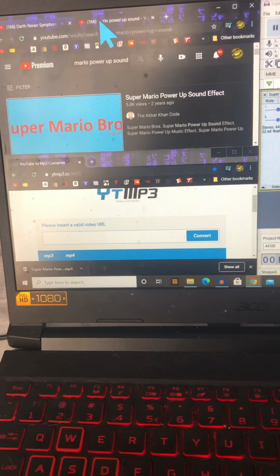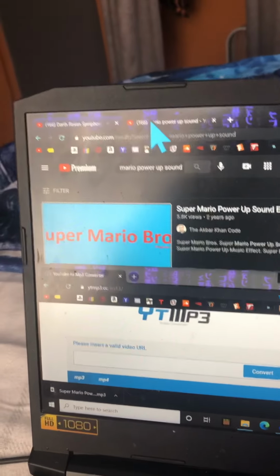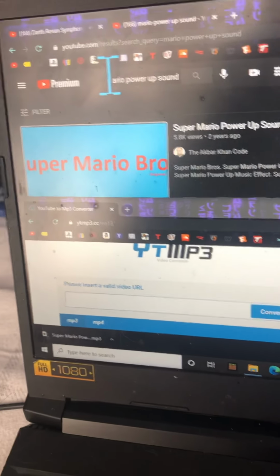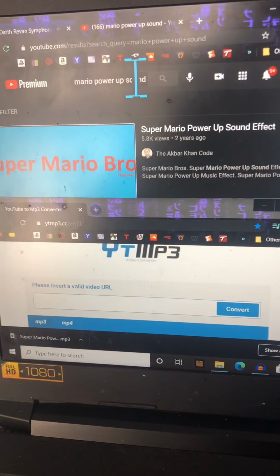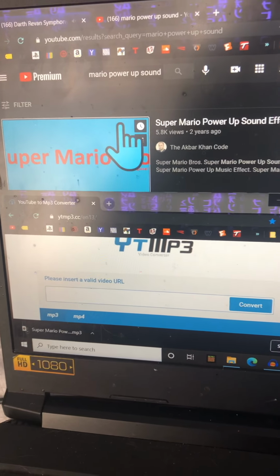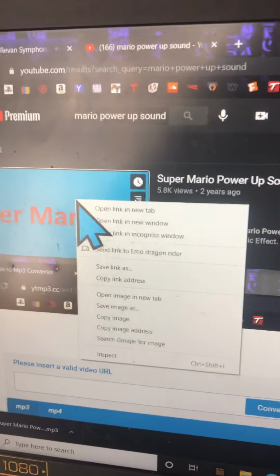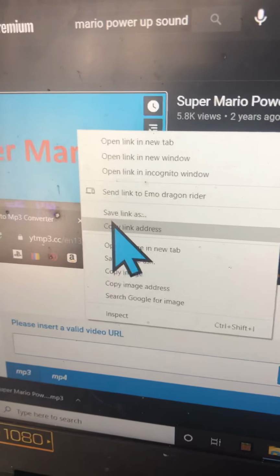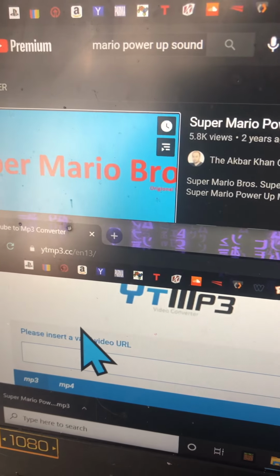How would I make a file for a lightsaber for a sound font? You want to go to YouTube and search whatever you want it to be. Like, let's say I want a Mario font, like the power up effect for Mario. You want to right click on the video, go down to copy link address right here, put that into a